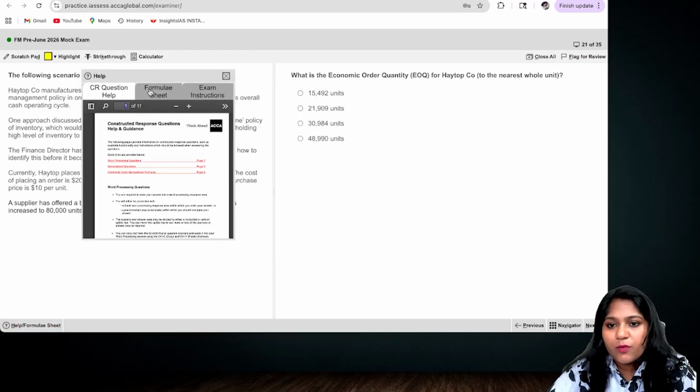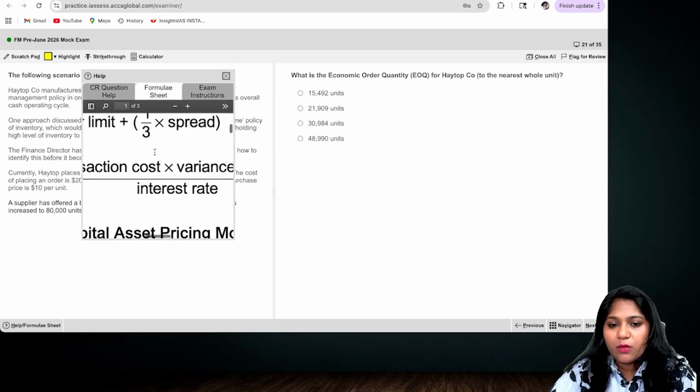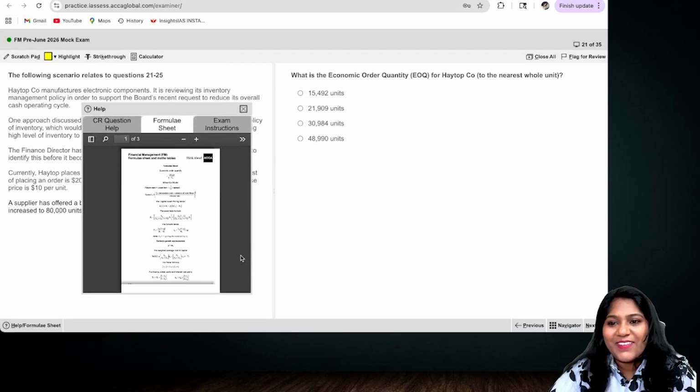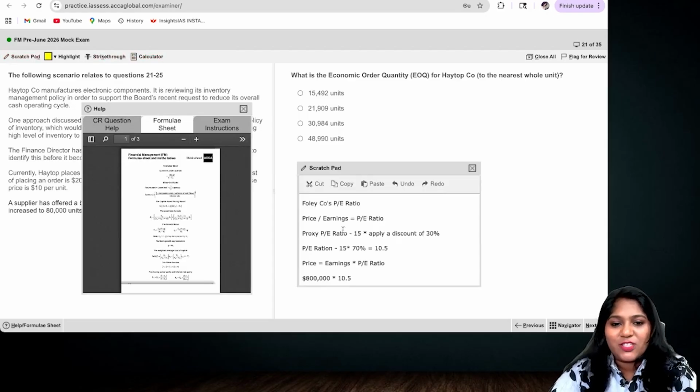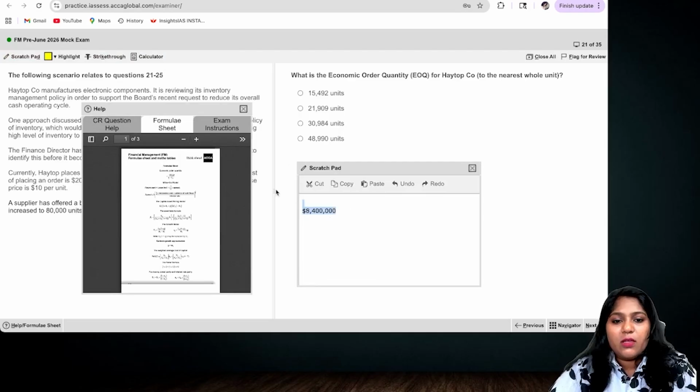Yep. Formula sheet, if you see, this is nothing but square root of what? Square root of, oh, okay. Fair enough. Sorry. Okay. Take your scratch pad and just write the formula if you want, or you can use it directly that way. It's going to be square root of